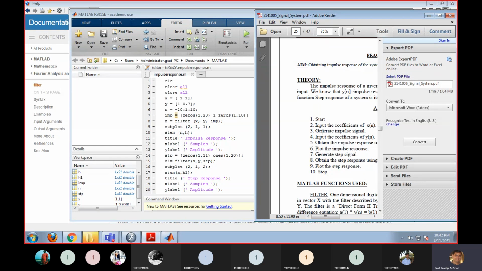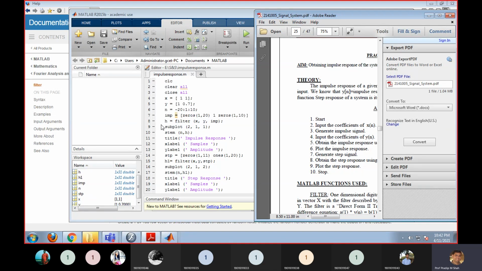Okay, after defining a system, the next step is that the system is defined, and the input is also defined. Now you need to find the output. For the output, as I explained, we are going to use a filter function. So here filter x comma y, we already defined this x and y in terms of a system, a comma impulse. So impulse is my input. Here we are going to use a ready-made function, filter, which I already explained before this.